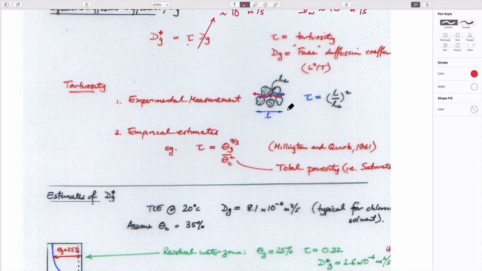One way is if you could look at the soil itself, you could define a length between 2 points relative to the length traveled, the straight line length versus the line traveled. And you can define that, the square of that gives you some idea of the tortuosity. But more usually used is this empirical correlation from Millington and Quirk from a long time ago now that defines behavior in terms of the volumetric gas contents and the total